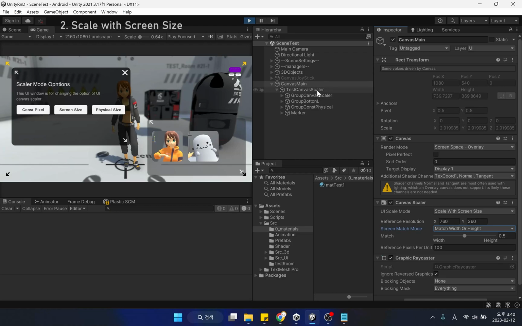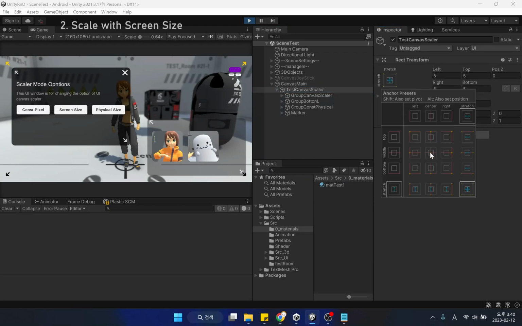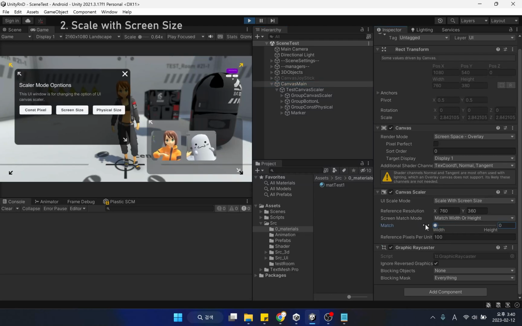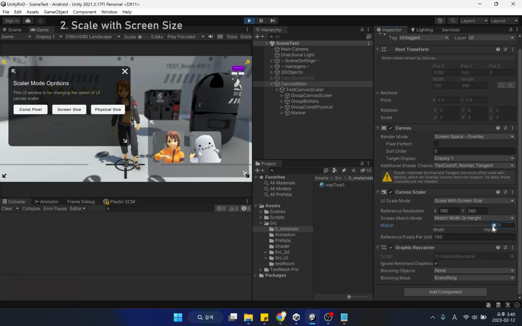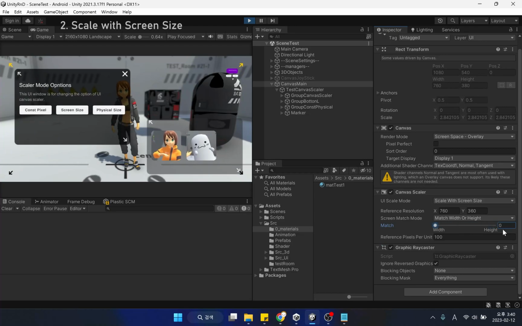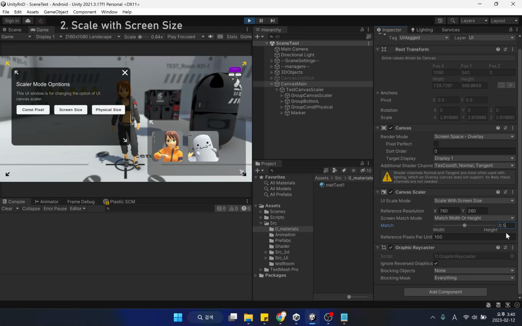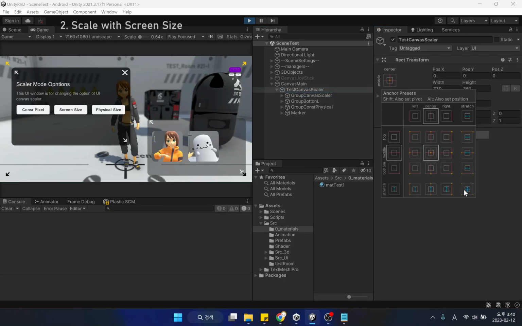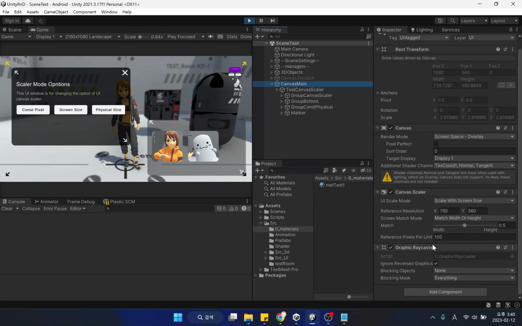As in the example, if the parent's rect transform is not the stretch method, you can see that the expand mode is effective in the landscape screen. Adjusting the match value can vary for different situations, so I recommend setting it to 0.5 if you don't know which one is best for you. Also, when using a UI that covers the entire screen, it is recommended to apply stretch to the parent UI to respond to various resolutions.